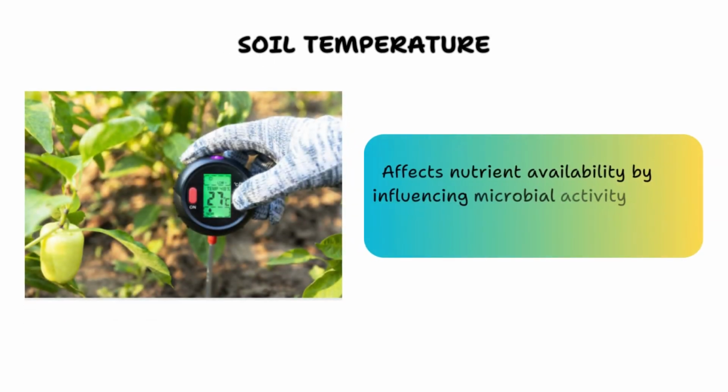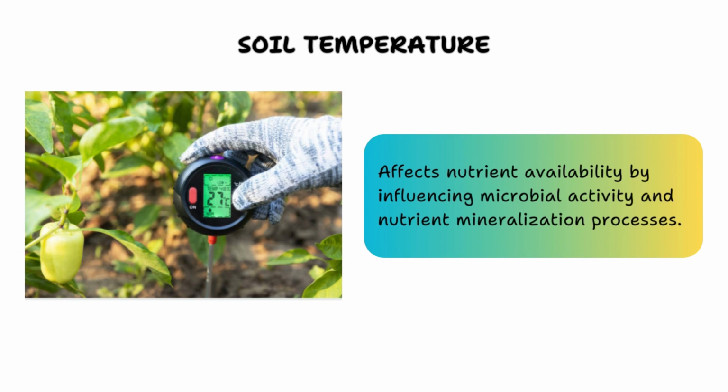Next factor is soil temperature. Soil temperature influences nutrient availability to plants by affecting biological and chemical processes in the soil. Optimal soil temperatures promote microbial activity and nutrient mineralization, accelerating the decomposition of organic matter and release of nutrients for plant uptake. Soil temperature also influences root growth and metabolic processes in plants, which in turn affect nutrient uptake and